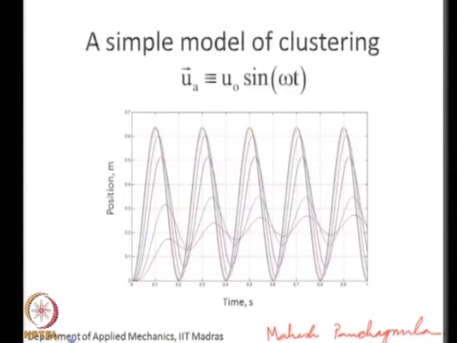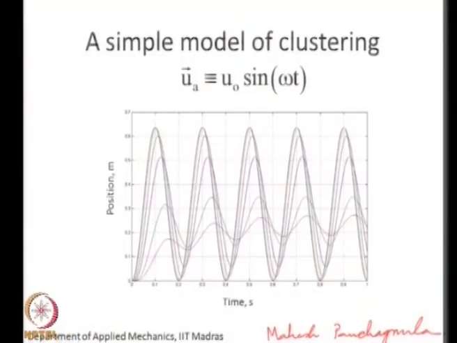So, when the slope reaches a constant value, it is equal to the velocity of the air stream around it. If the air has an oscillatory nature to it, what we find is that if all the drops started at position x equal to 0, so I have a vortex essentially that is stationary, and in the middle of the vortex I have introduced a drop. Now, the velocity field experienced by the drop is going to be an oscillatory velocity field,